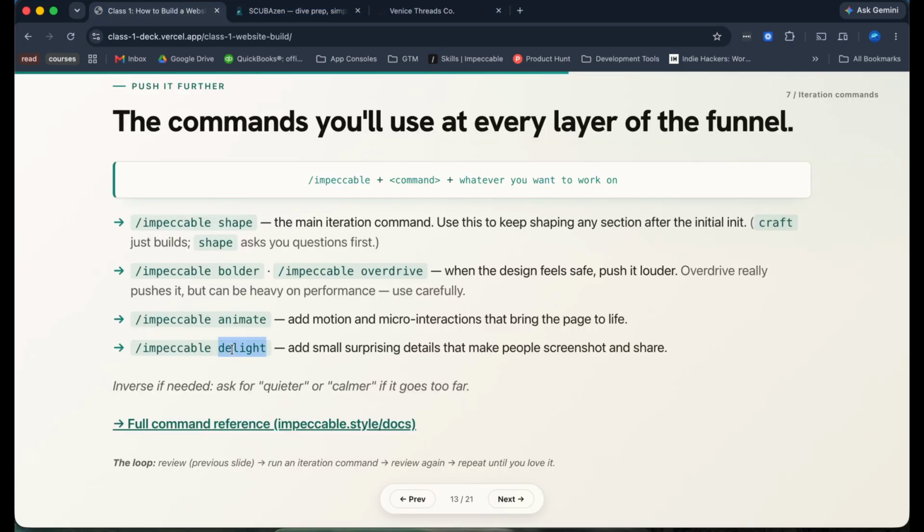And then Delight adds small surprising details that are really clever. It'll add Easter eggs, and some stuff is really cool but barely noticeable, so it's up to you if you want to keep it. They're both worth running, Animate and then Delight. They overlap a little bit, so don't get hung up on both of them. I run both just to see what gets presented, and then you can choose from the options that it gives you.